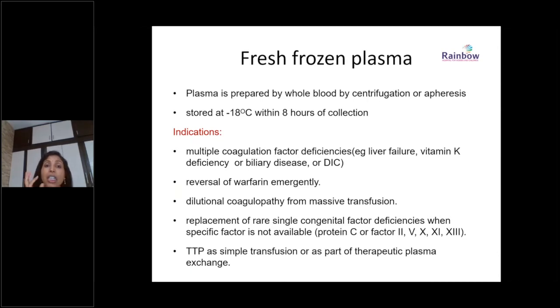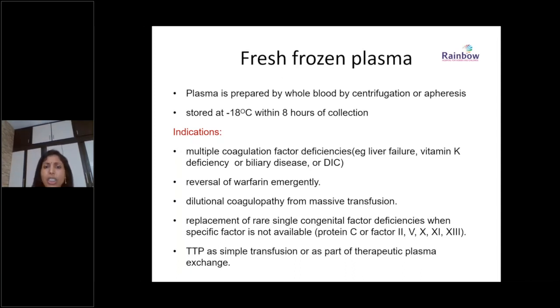Especially if you are looking at an intracranial bleed or a GI bleed, where you want to stop the bleeding immediately, then you have to use FFP in vitamin K deficiency. Otherwise, for skin bleeds and so on, you can reverse with vitamin K alone. Other than that, in acquired conditions, when do you consider FFP?